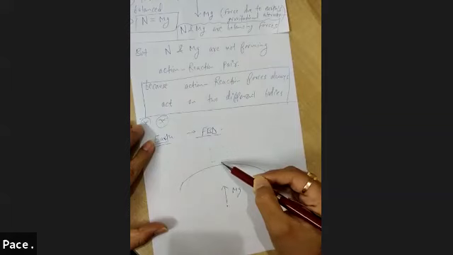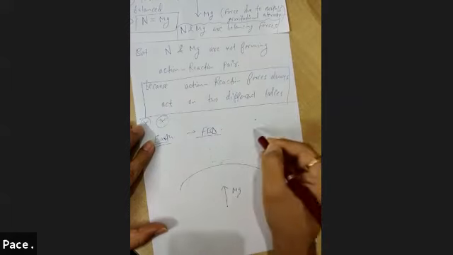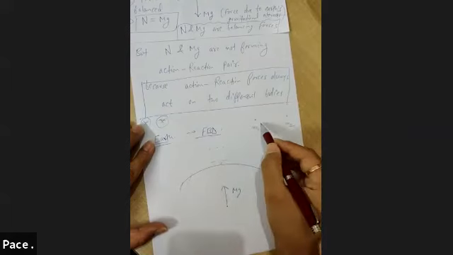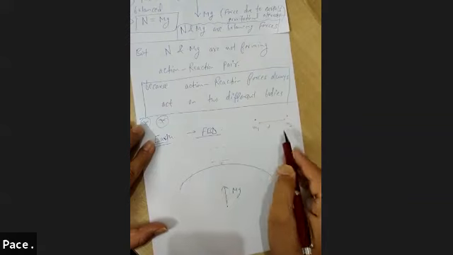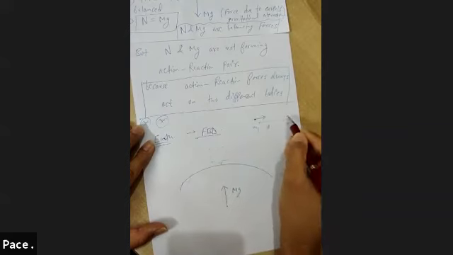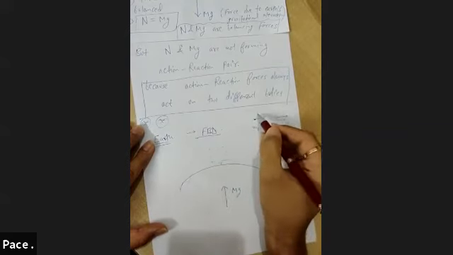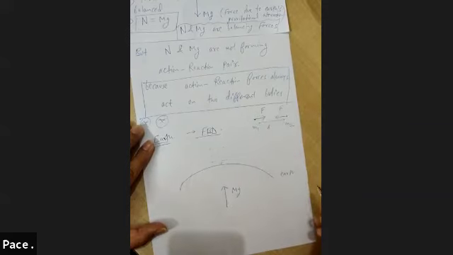Basically, there are two bodies, m1 and m2. Understand this law of gravitational attraction. There are two bodies, m1 and m2, separated by some distance d. They both will attract each other. So m2 will attract m1 in this direction, and m1 will attract m2 in this direction. The direction would be opposite, but the amount of force would be the same. This is known as Newton's gravitational law.